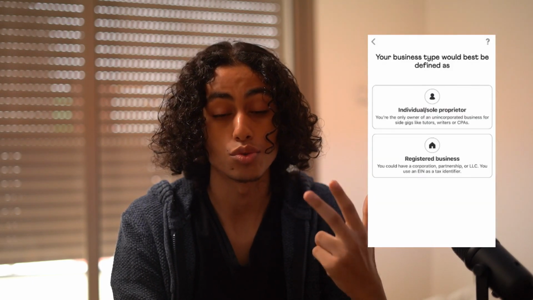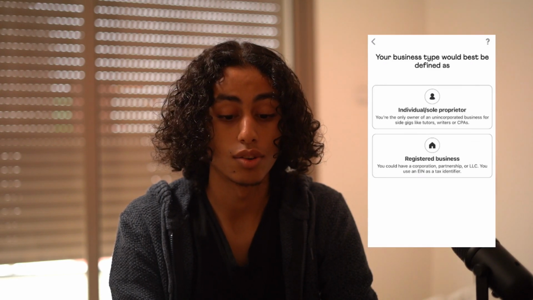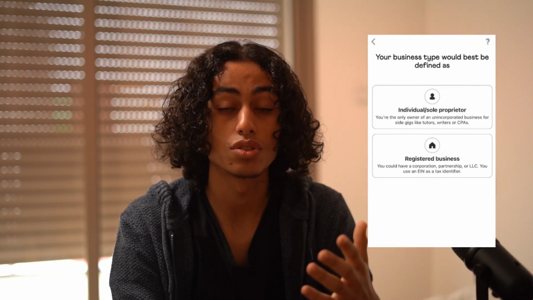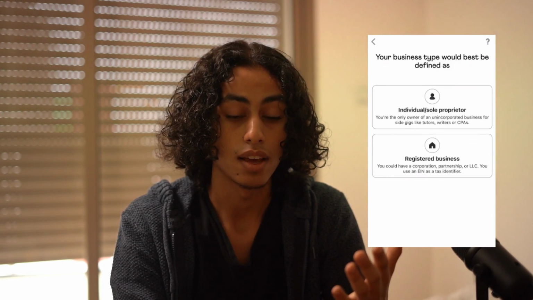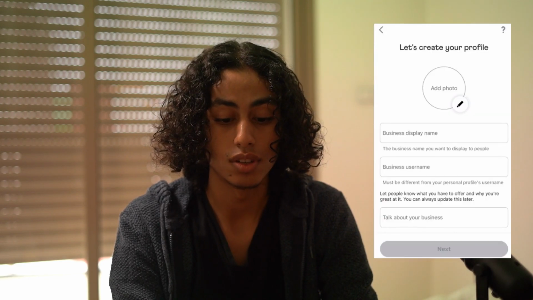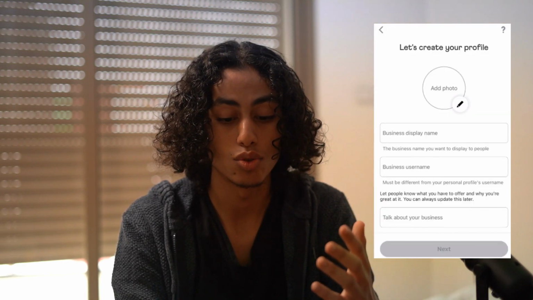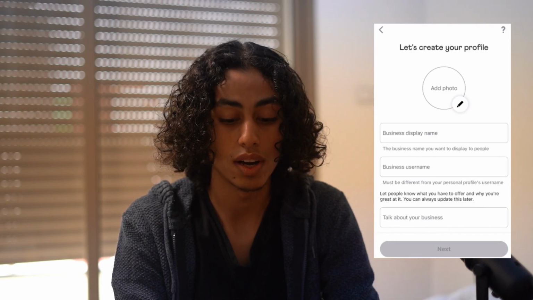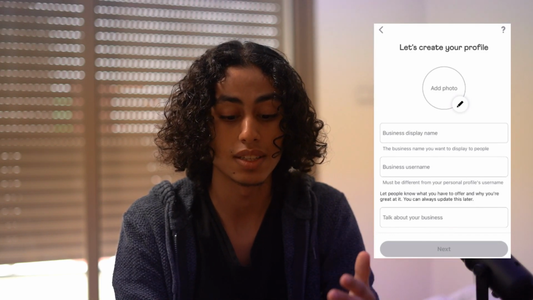Okay, and after clicking on create your profile, you're gonna find two options. So they're gonna ask you if you want to register as an individual or as a business. So you're gonna choose the second one, which is business, because you want to open a Venmo business account. So just click on business, and after that they're gonna ask you to create your profile by entering your business